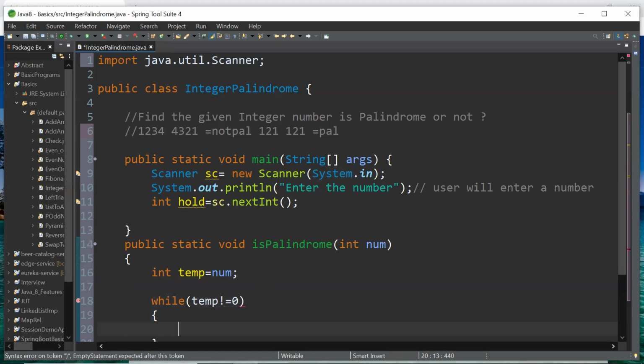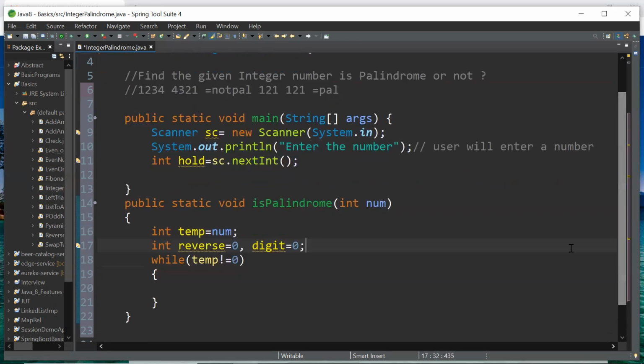Now what to do here? Take two variables. One is reverse, equal to 0. Another one is to hold each digit. Now digit equal to temp modulus of 10.